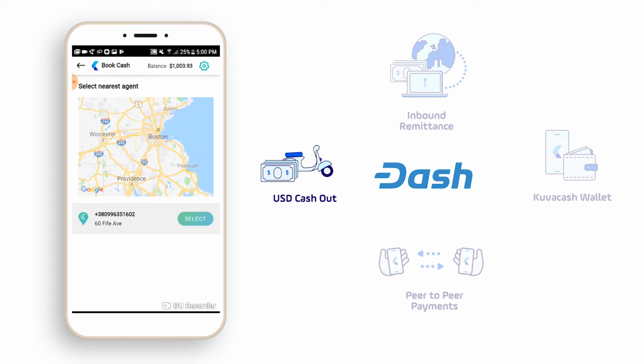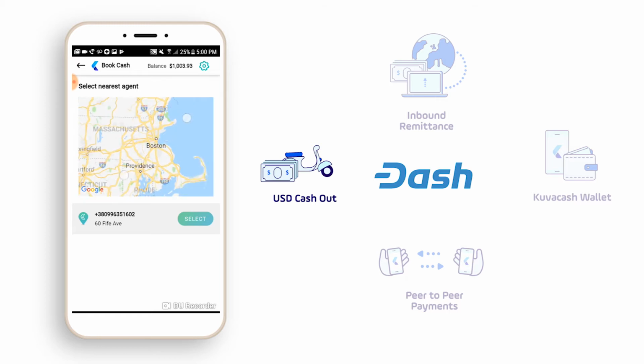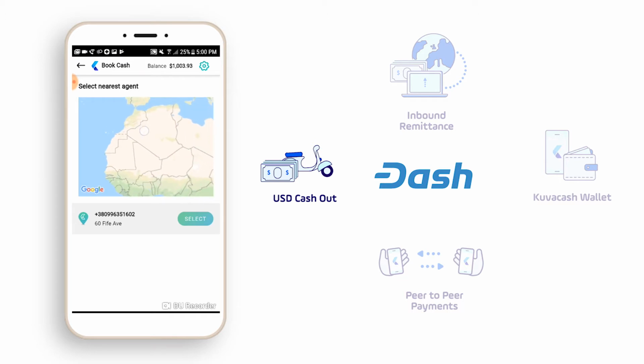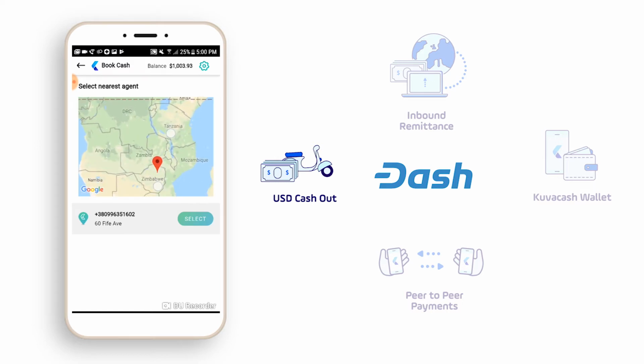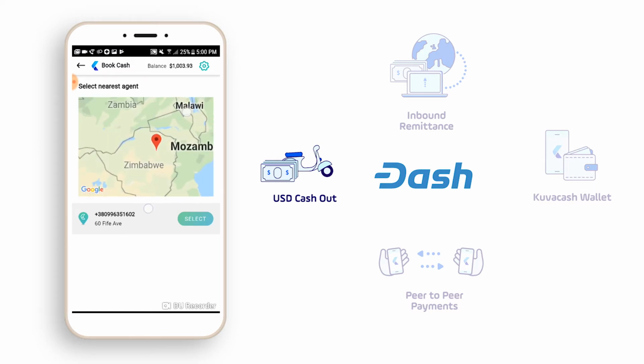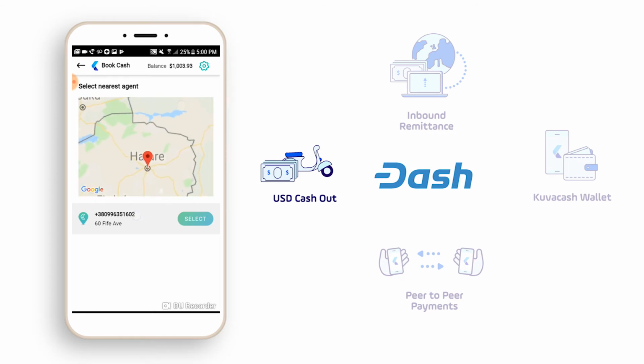And of course, there are no Kuvacash agents in Massachusetts. So let's just go across the Atlantic and find Zimbabwe. And you see there is one agent right now. In the future, there will be multiple agents. They will be mobile, and a user will be able to see who is close to them that has cash available. They will select their preferred agent. They will be able to see available dates and available times, confirm,